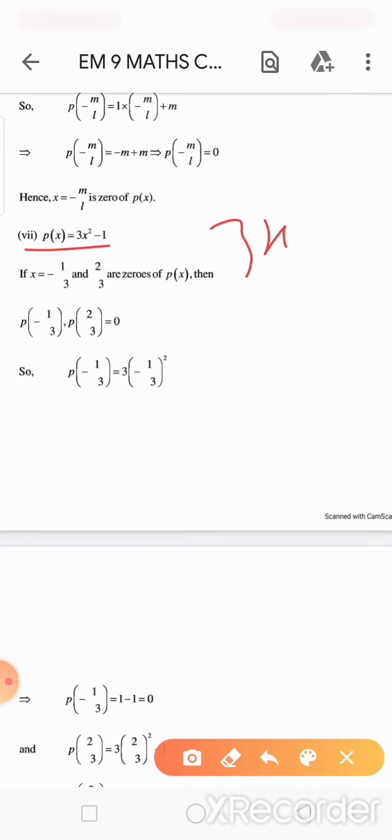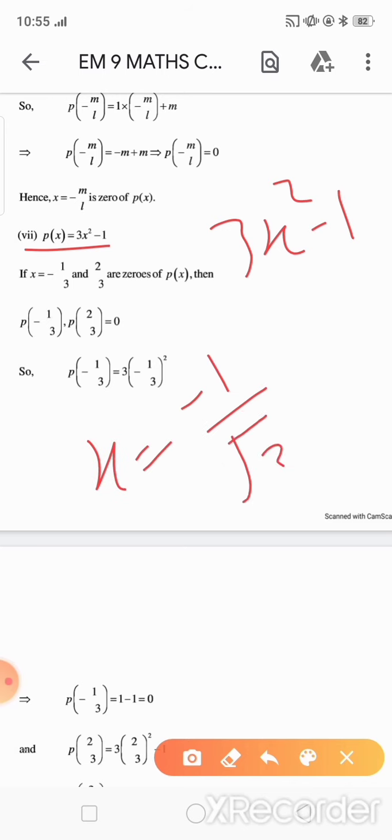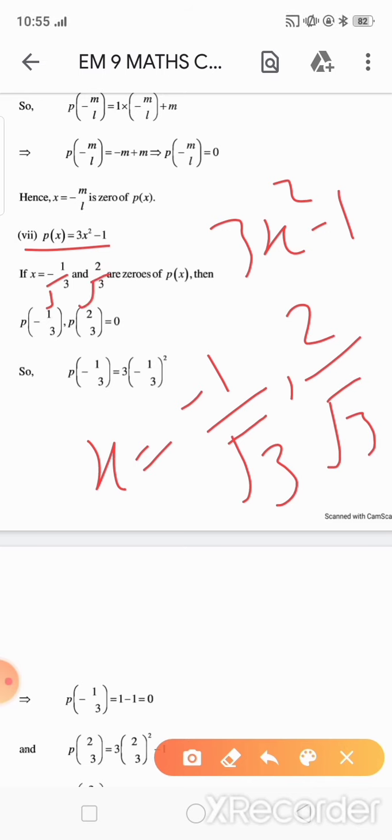Next question, question number 7. The polynomial is given by p of x is equal to 3x square minus 1, and the values of x are minus 1 upon root 3 and 2 upon root 3. Here the word zero is not mentioned. So we write, if x equal to minus 1 upon root 3 and 2 upon root 3 are zeros of polynomial p of x, we substitute first the value x equal to